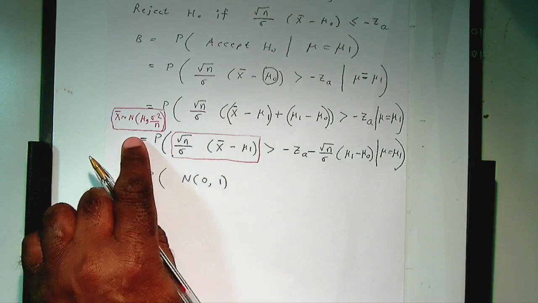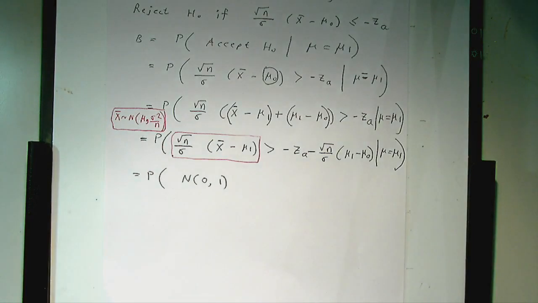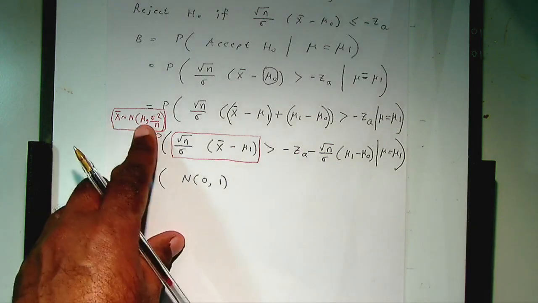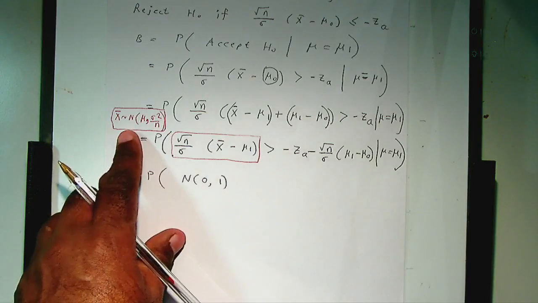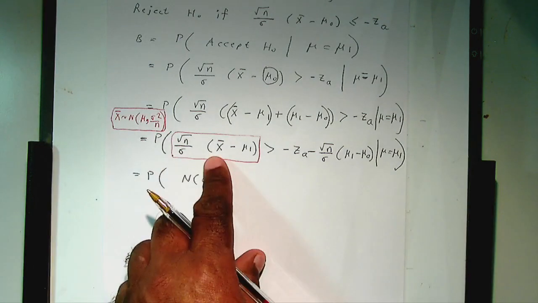this is a property that I talked about in week 1 of this course, that if you have a random sample from a normal distribution, then the sample mean also has the normal distribution with these parameters. And it's because of this that this must have the standard normal distribution, right? Okay, so this is